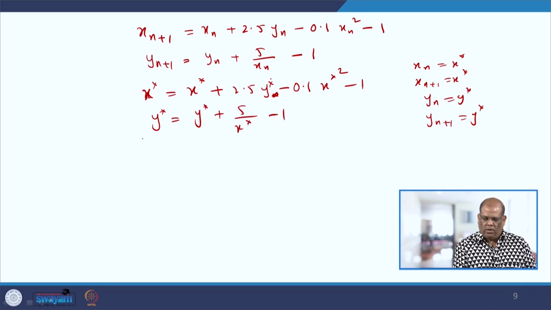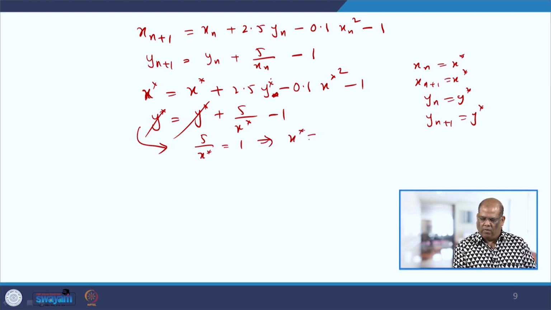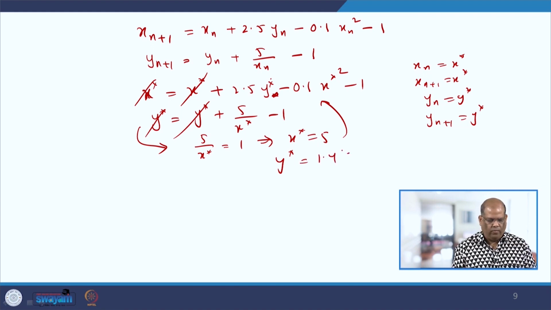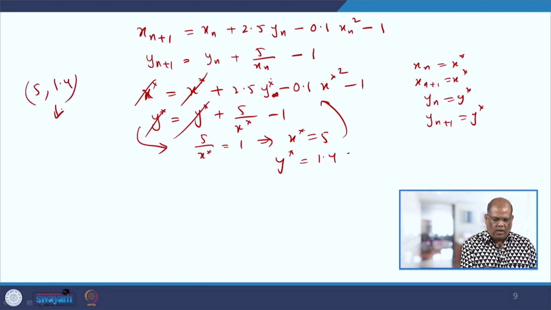So, from this equation you can see that 5 by x star is equal to 1, which implies x star equal to 5. You plug this value here and you get your y star as 1.4. So, you have 5 and 1.4 as your equilibrium point,